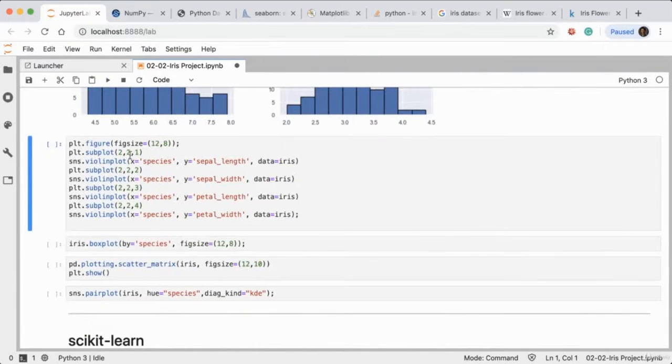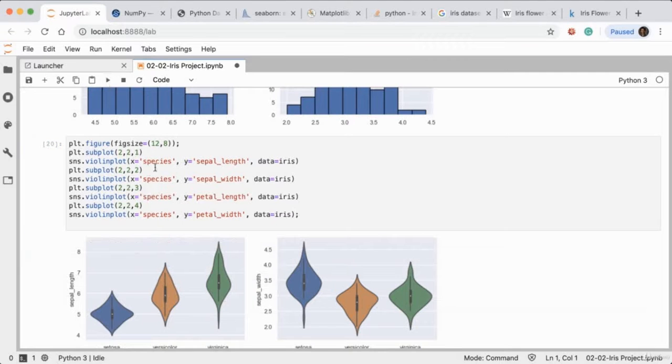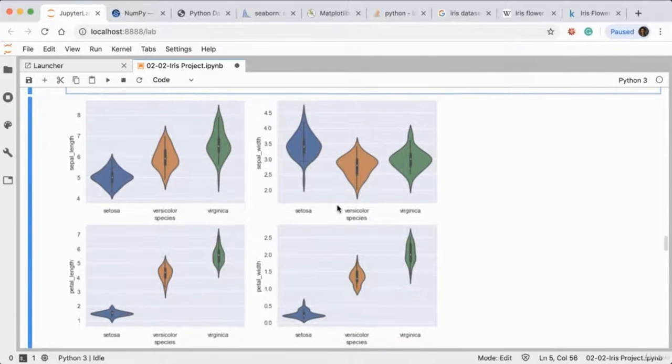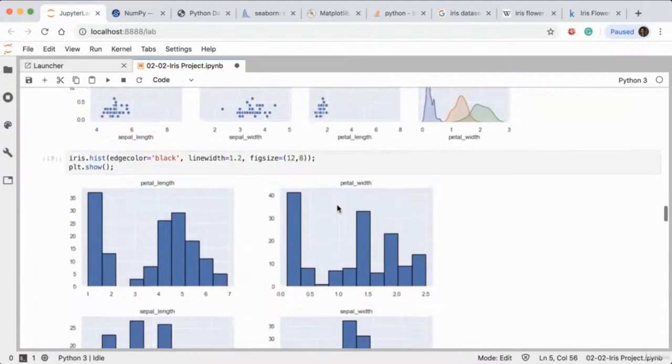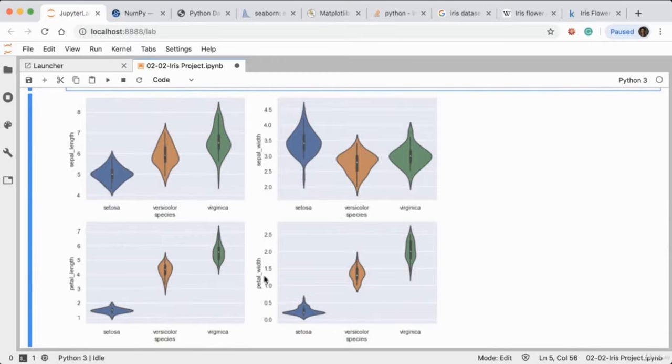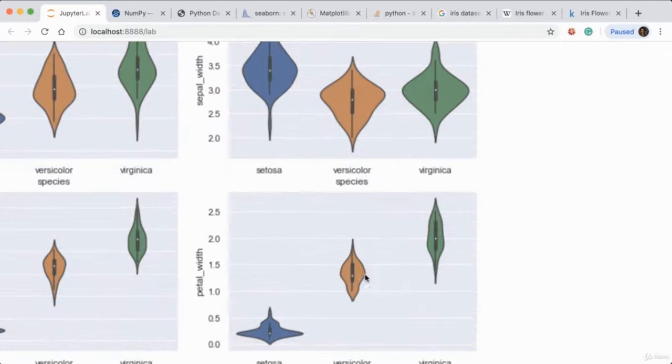Right, so the next one is plotting the violin plot. So we have 1, 2, 3, 4 violin plots, plotting the sepal length, and the petal length and width as well. And looking at these, it will inform you very similarly to the pair plot here, except they're slightly different in the form of violin plot. You can see that the petal width for setosa and the petal length is definitely much shorter than the other two. If you drill into each of these, the white dot,